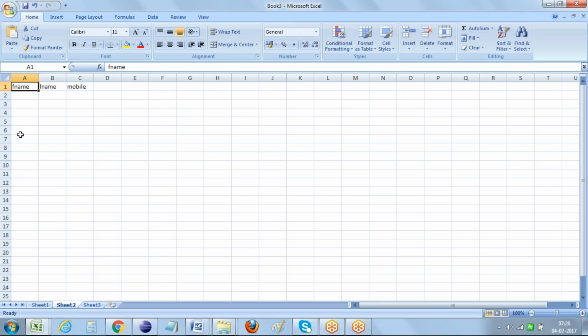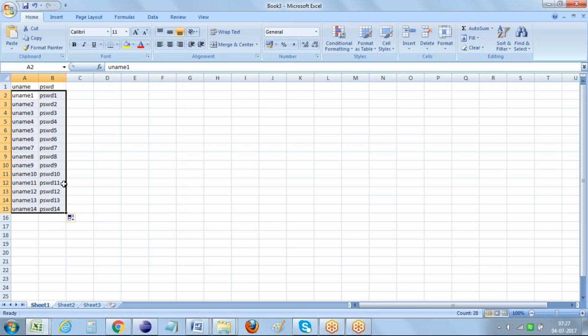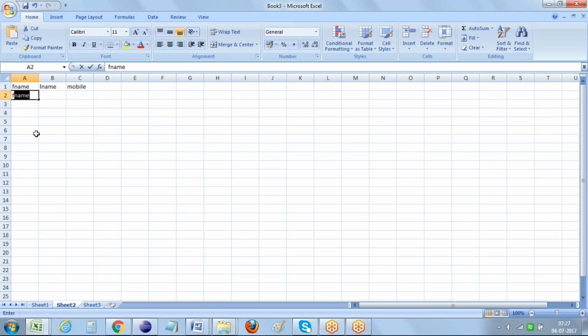Now let me enter the data: uname 1, password 1, uname 2, password 2. Let me drag this information till 14, and in sheet 2, fname 1, lname 1, mobile 1,